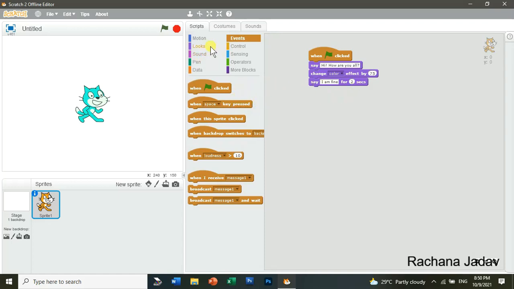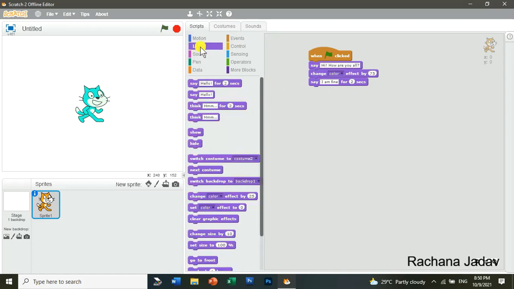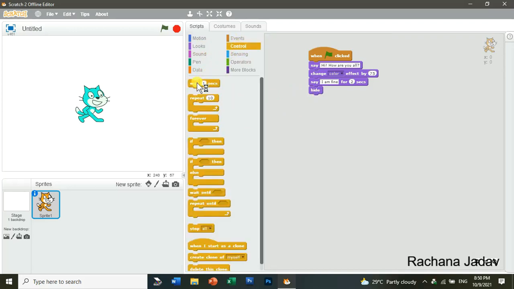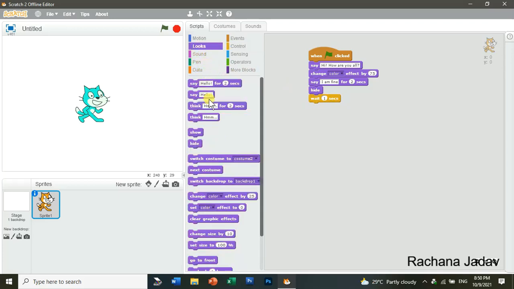पहले मैं हाइड एंड शो आपको दिखा दूं. Just let us go to again the looks and I will give it hide and then I will wait for a second. तो मुझे यहाँ थोड़ी देर रुकना है and afterwards it will show. Okay, so again we will go for the show button over here and now let us see. Okay, so this way it will happen. Okay, तो ये hide हो गया and then show.